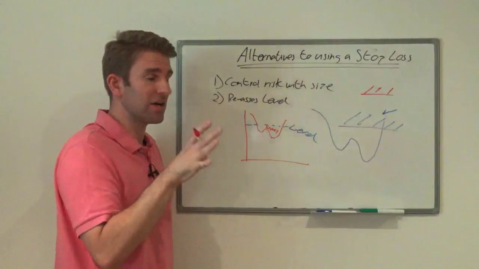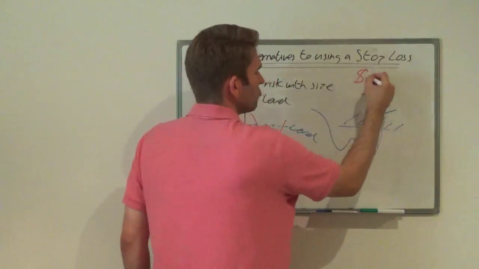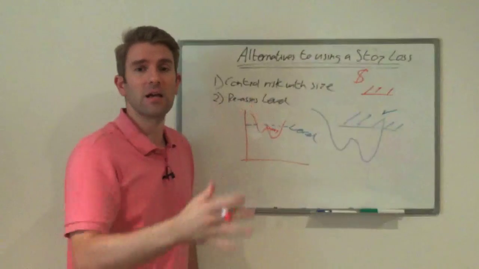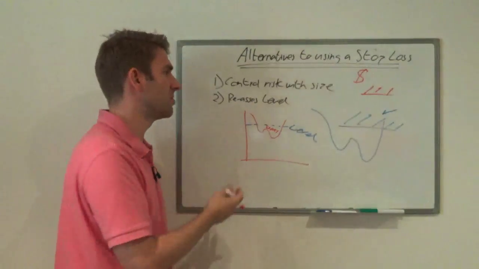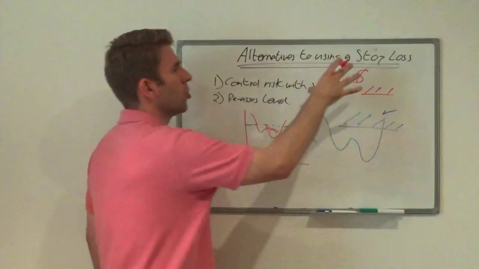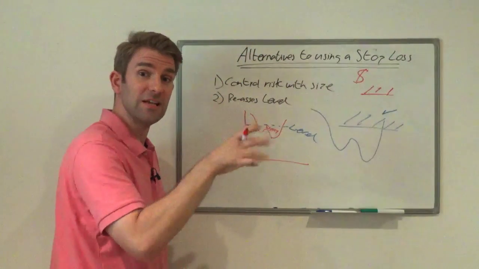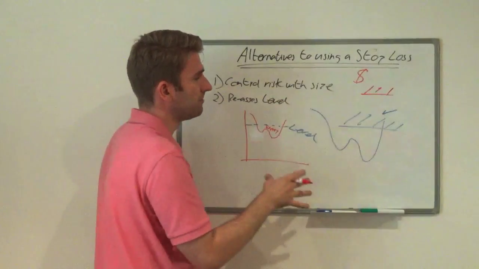Now, the caveat to that, guys, is that you've got to be sure you know what your monetary risk is on that. There's no point in just reassessing and finding out you've lost 20 times what you wanted to lose. That's ridiculous. The whole objective of this is to not be stopped out unnecessarily on a trade that's still working. It's just kind of ideas and suggestions to do that.